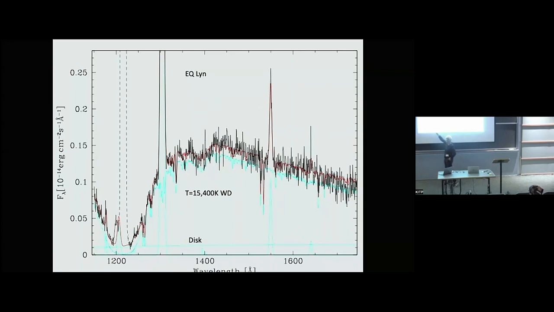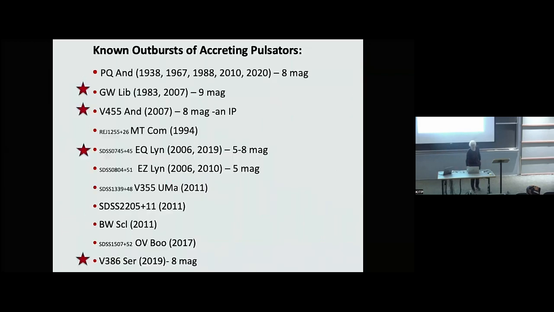It doesn't go to 0 as it should for a white dwarf. It was 100% white dwarf. So the estimate is that in the UV, the disk is only contributing like 10%. So the pulsations, even though the times with Hubble that you can observe are much shorter, you're seeing really more of the white dwarf. So the ones that have outbursts, known mostly from the AAVSO and VSNET, following some of